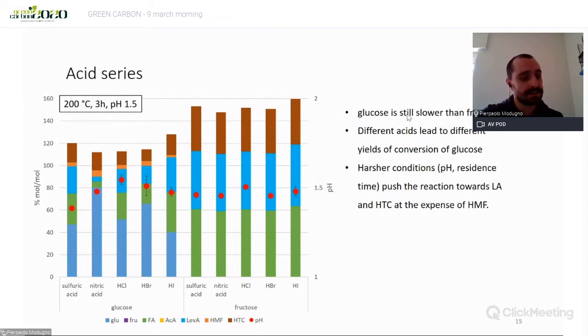So in this condition, we can see that the glucose conversion is still lower than the fructose, and the nature of the acid has no big impact on the conversion of fructose, and all the yields of product are roughly the same in fructose, whereas in glucose we see that the nature of the acid has an effect on the conversion of glucose. And in general, we can say that harsher conditions push the reaction towards alternatively levulinic acid synthesis or hydrothermal carbon, and both